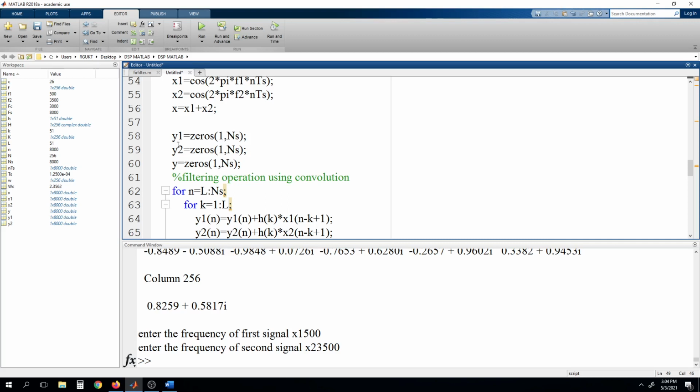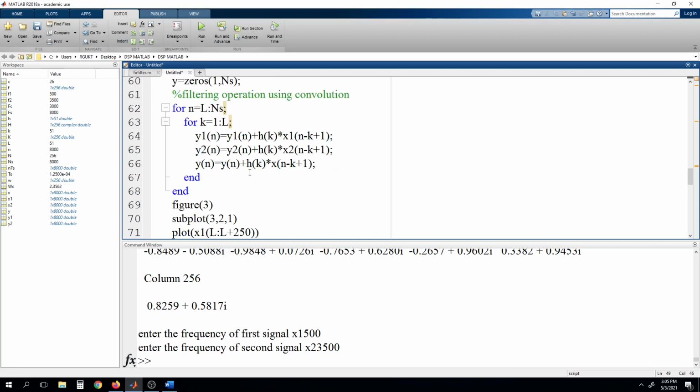That means y1, y2, y will have the filter outputs. Okay, so y1 is the filter output of x1, y2 will be the filter output of x2, and similarly y will be assigned for x. Okay, so here doing the main, this is for convolution.